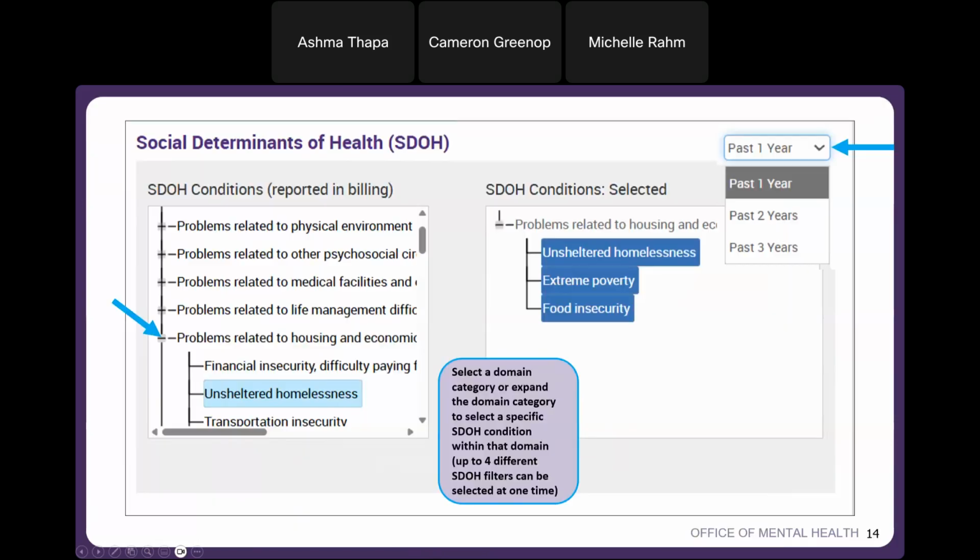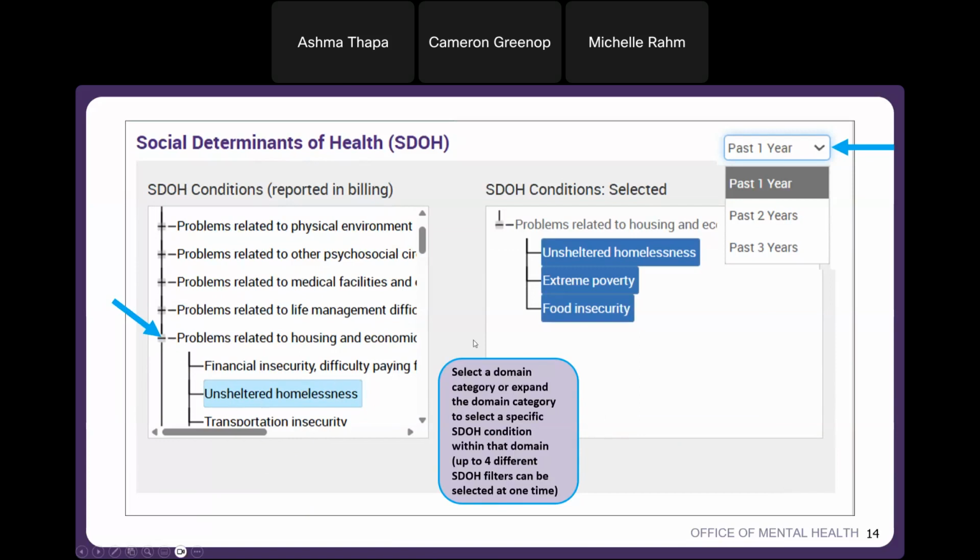So let's go and discuss the social determinants of health section. So this section includes societal and environmental conditions that can impact a wide range of health risk and outcomes. So here we have our social determinants of health conditions, and it will show you all these different categories. And when you select this small gray box right here, you can actually expand this domain or category, and it will show you these subcategories.